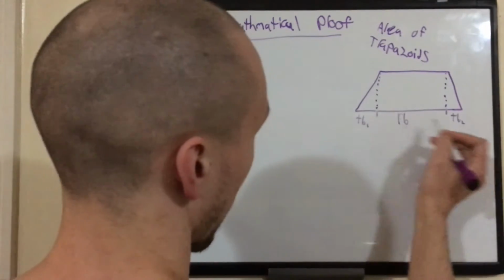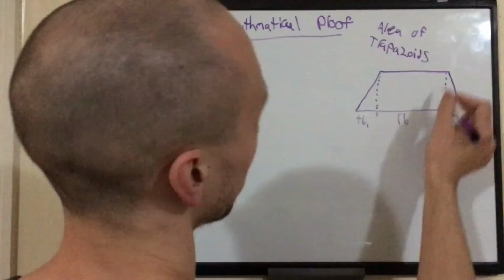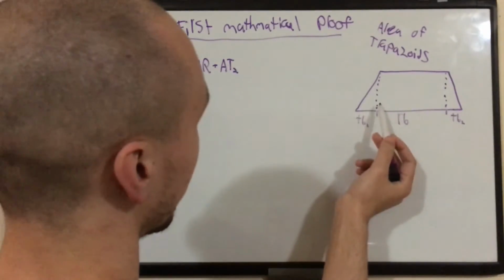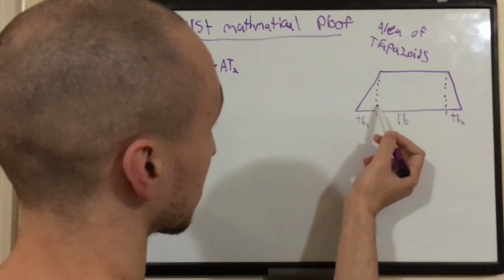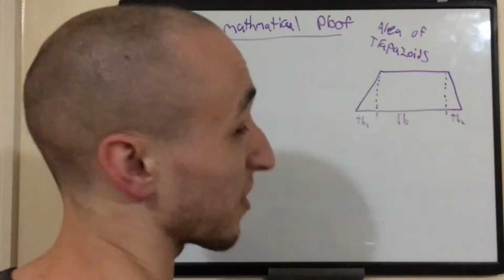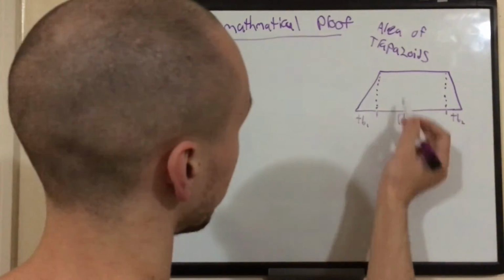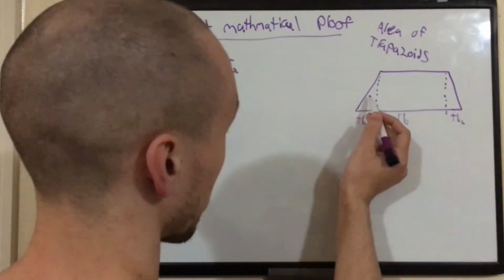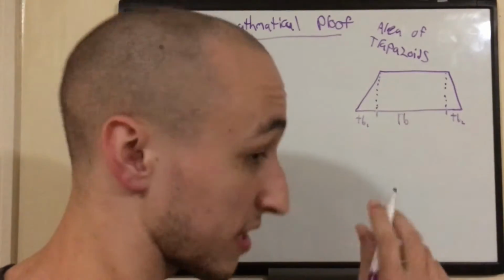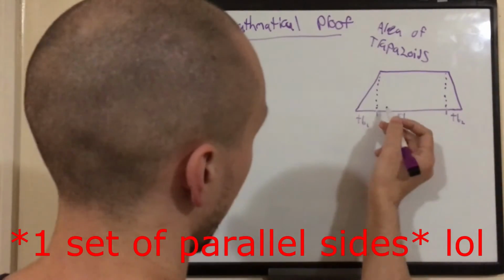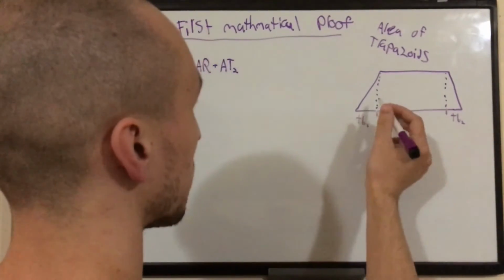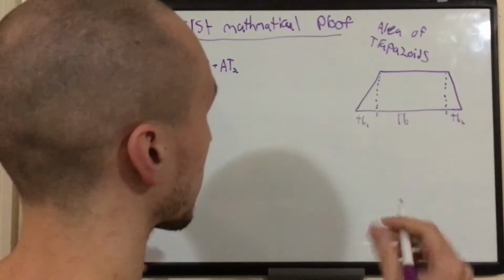Okay. So we have these also. I'm probably going to want some more information. What do I need to solve the area of these things? I notice that because these lines are parallel, these two heights are the same. So the height of this rectangle is the same as the height of this triangle, and will always be the same, because a trapezoid by definition has parallel lines. So all three of these shapes share the same exact height. To recognize that, I'm just going to say H.